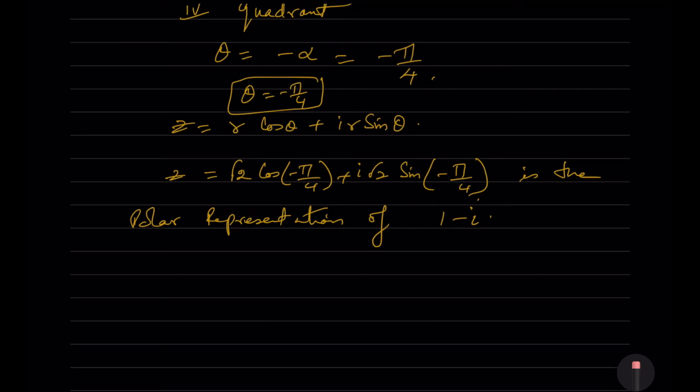If you want, you can take root 2 out, so z is equal to root 2 into cos of minus pi by 4 plus i sin minus pi by 4. So this is the answer. Now next,